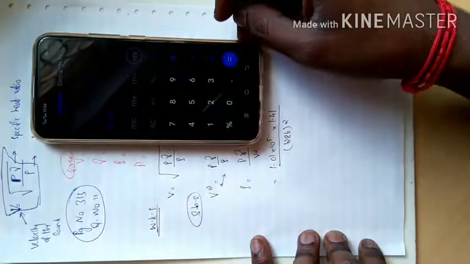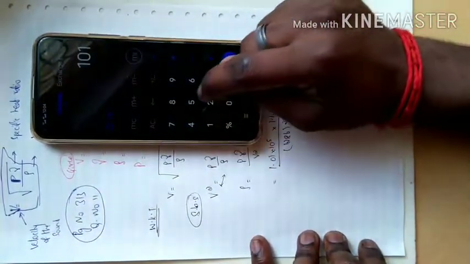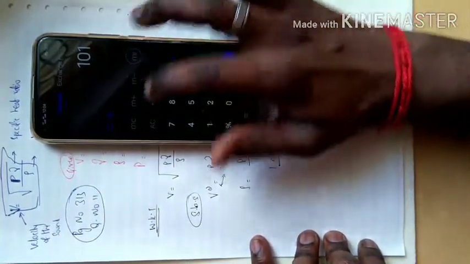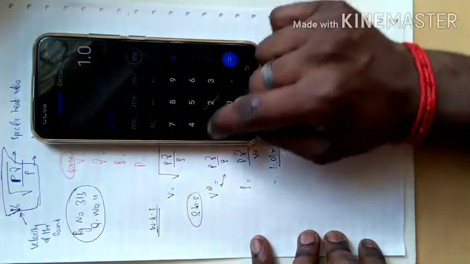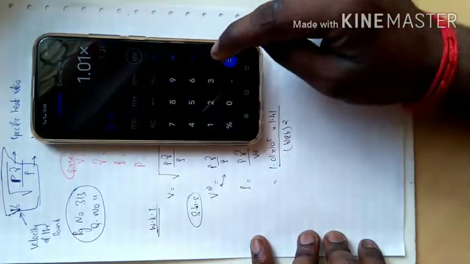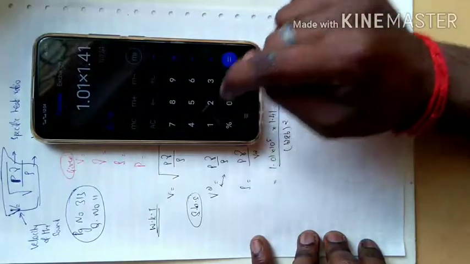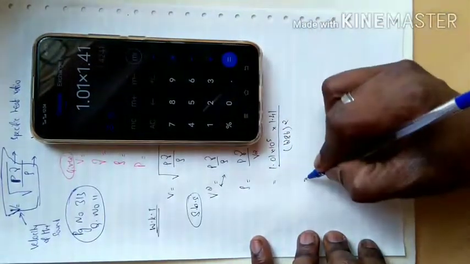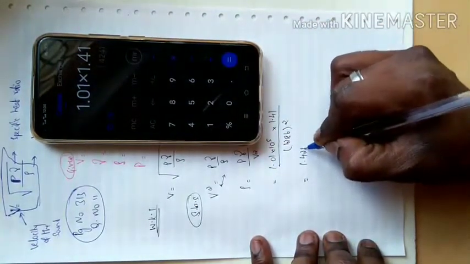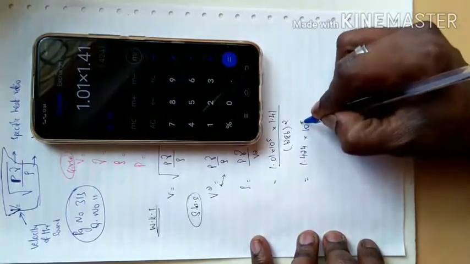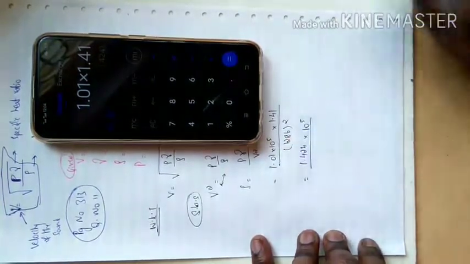See here, I am just doing 1.01 into 1.41. If you do this, you will get 1.4241 into 10 to the power of 5 as it is, whole divided by